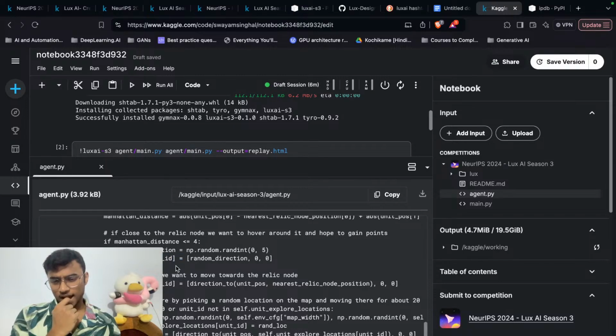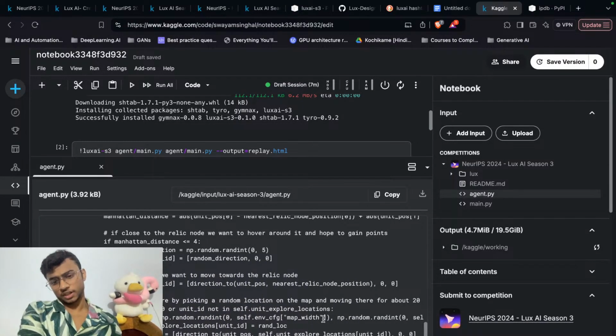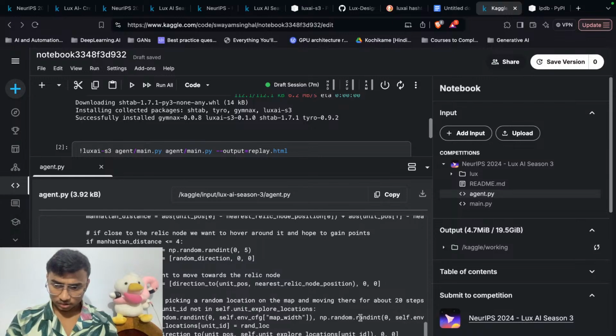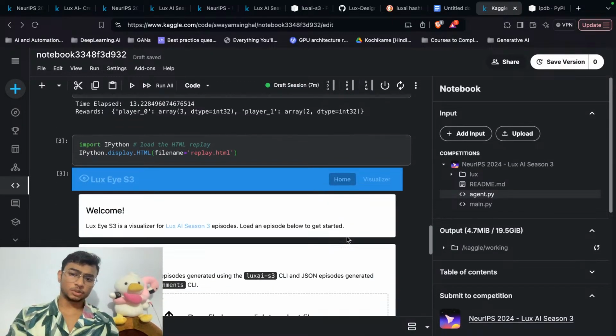Actions is equal to unit I action for that particular unit ID. You want that random direction, comma 0, comma 0. Otherwise, we want to move towards the relic node. So direction to unit pose, relic node 0, comma 0 makes sense. And if not, then randomly explore by picking a random location on the map and moving there for about 20 steps. If step percentage equal to 20, your unit ID in explore locations. Okay, so that makes sense. So your idea should be to focus on both,